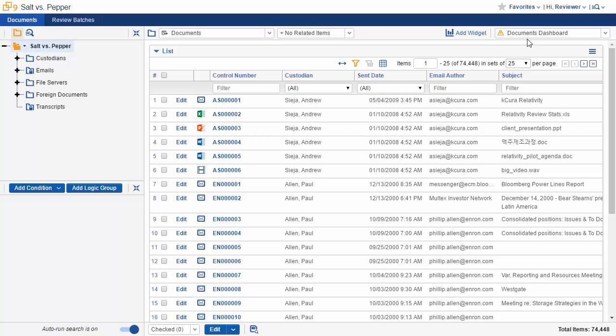So if I click the dashboards drop down here, you can see that I'm currently on the documents dashboard. Since I was applying changes and I added a widget and then removed it, you can see that it's asked me if I want to save those changes to this dashboard here. Now as a reviewer, I don't really have the actual ability to do that, so I'm not actually going to bother saving any changes here. Now you can see that in addition to the documents dashboard, we also have a data analysis dashboard. So if I click that,